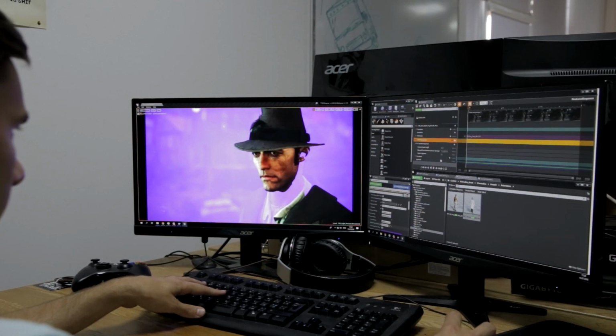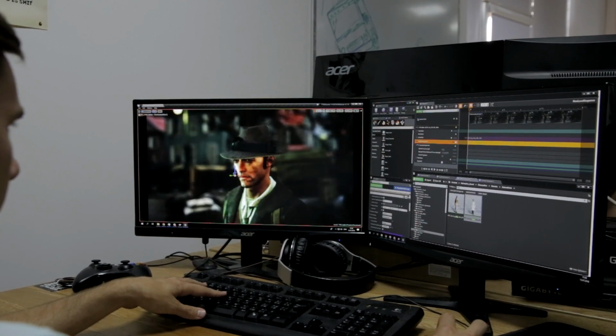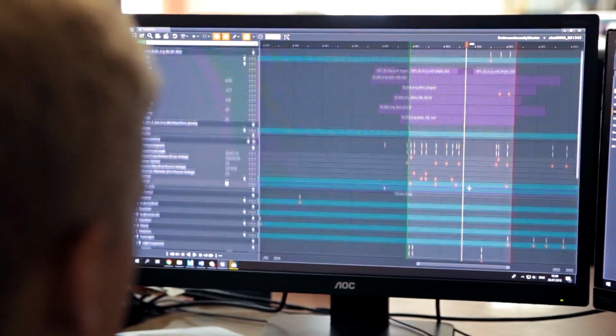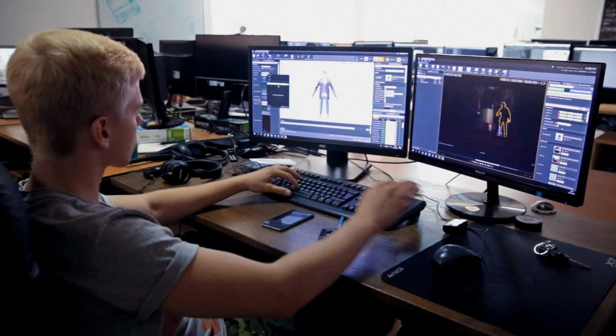So cutscenes often follow the same rules as cinematography. And not unlike movies, video games have their share of technological limitations. Take animations, for example. Fluid and realistic movements are really important,